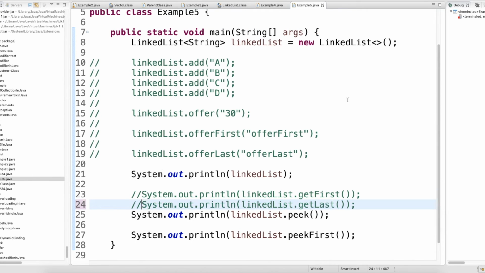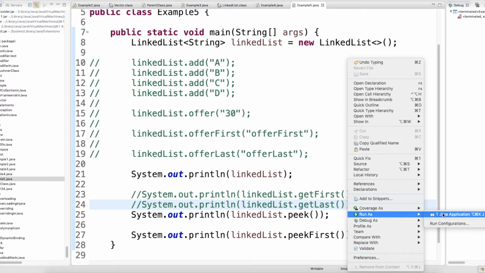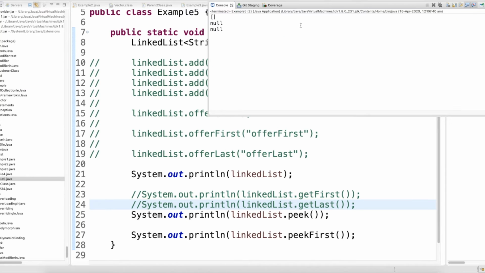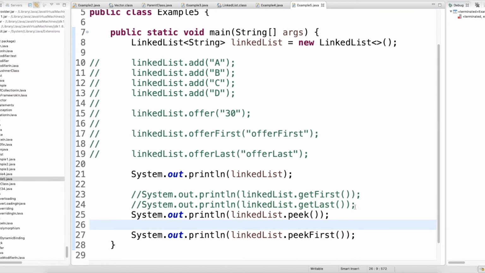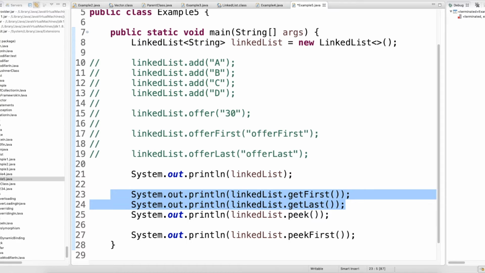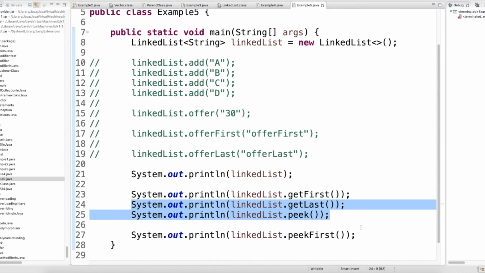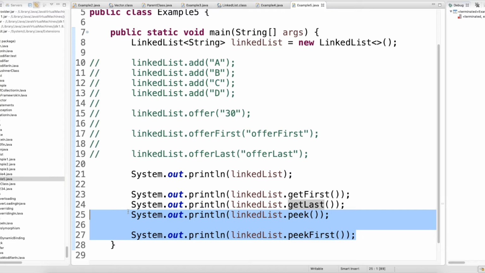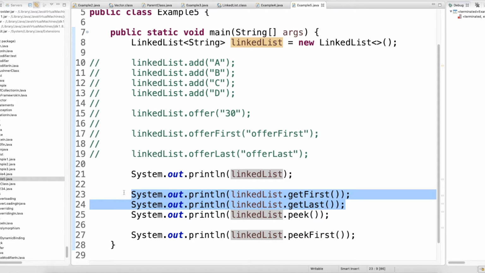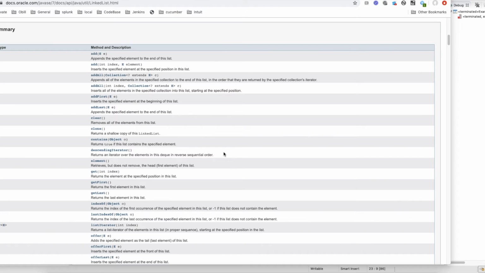Now both are commented. If you run that, now return type is the null, there is no exceptions. Intentionally I did this. I just wanted to show you the difference, because you might be wondering, when you already have get first, get last, what is the point of having the methods pick and pick first? These methods will not give you the exceptions, but when you perform get first, get last, or get, those methods will give you the exceptions, right? So that's how we need to understand very well what the methods are.